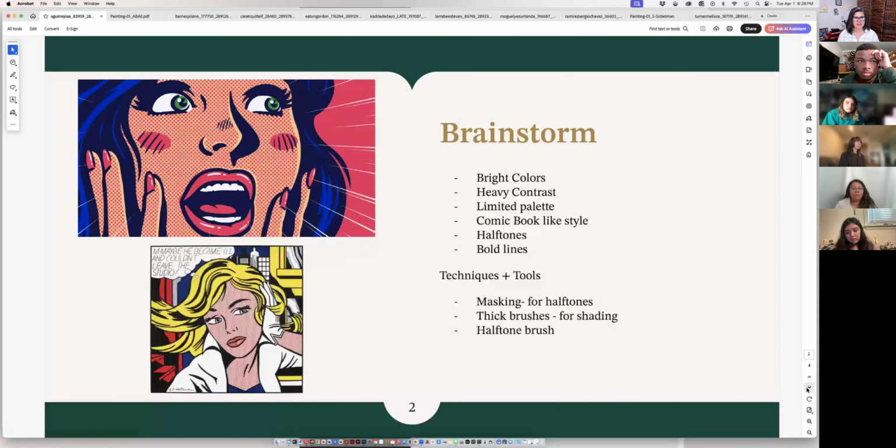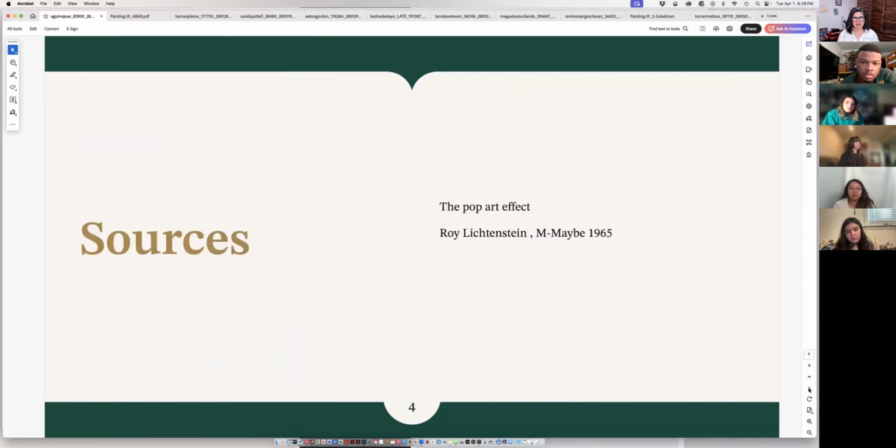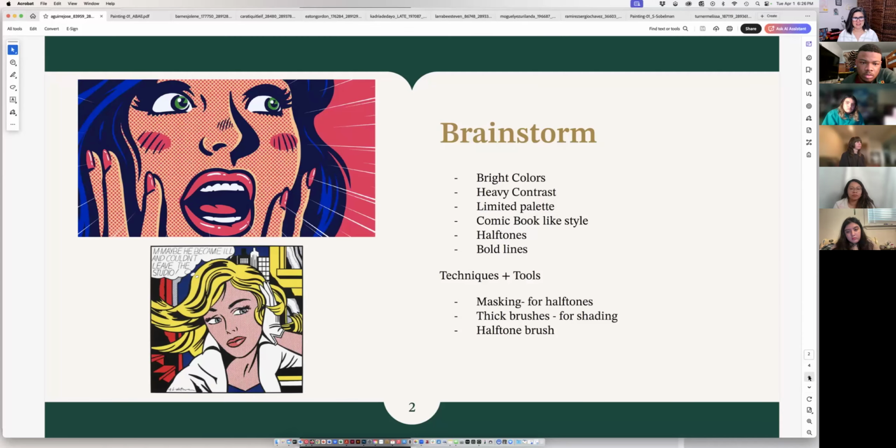So starting with Jose's, his brainstorm and research, he chose pop art as his art style, and he was working with the Mona Lisa. So he got right into sketching and ideation, and some very straight to the point ideas. And we can see